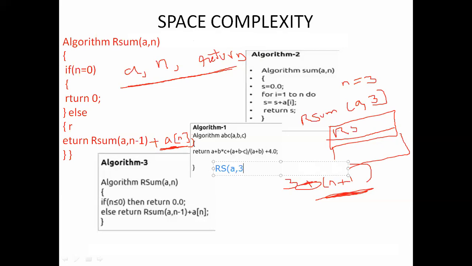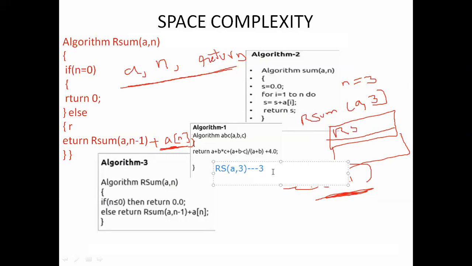So when the n value is 3, what happened? It will be stored in the stack. We don't know the a of 3 value. So it will call a of 3 and then move inside the program. It will take the a value, n value, and return value. So every time we call the function with n equal to 3, these three fixed part variables are used.